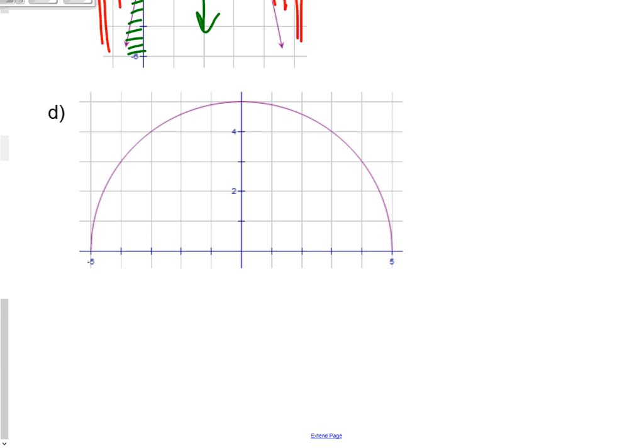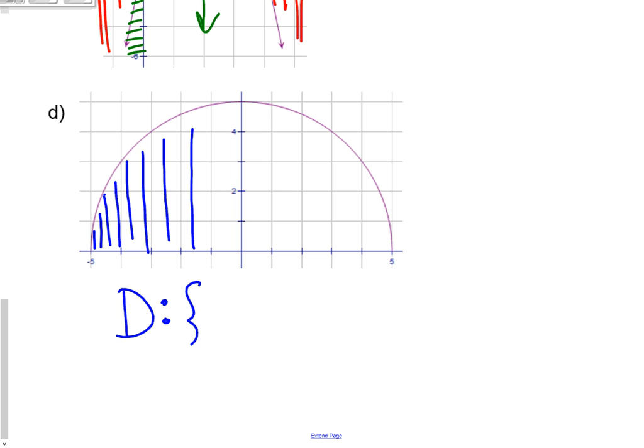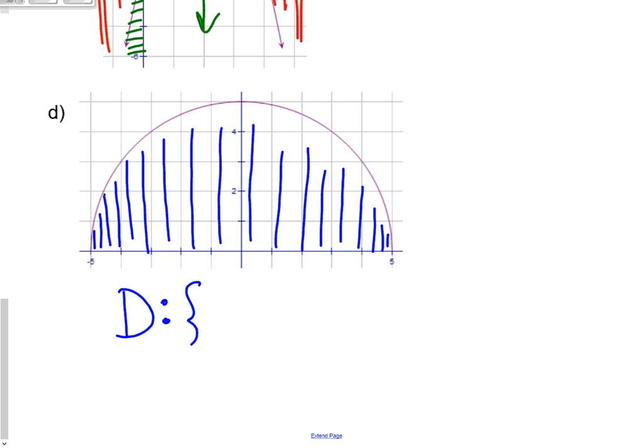There we go. We have a semicircle. So we're definitely going to have some restrictions for our domain and range. Let's talk about domain first. Our domain goes in between, if you think of my graph, this -5 and +5. So x is an element of the real number system such that,